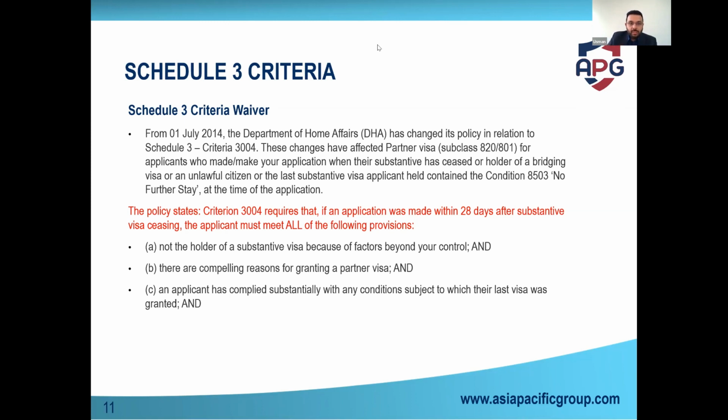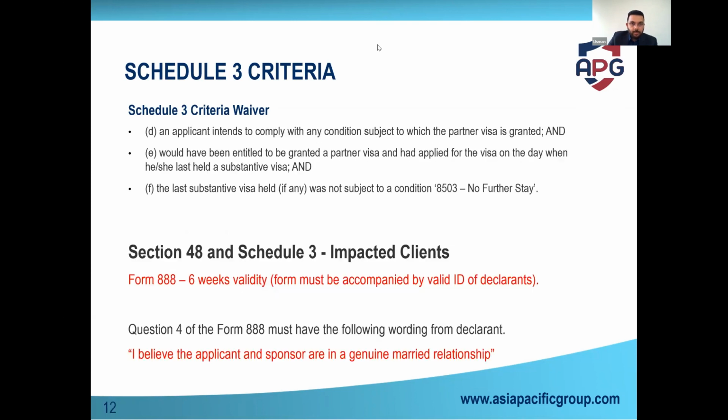Again, if you're on a bridging visa, they'll still be much more lenient towards you. If you're not on a bridging visa, if you're completely illegal, it's going to be very tough, because they'll try to make sure that you have very solid grounds to apply on, right? And those grounds are usually very hard to meet.